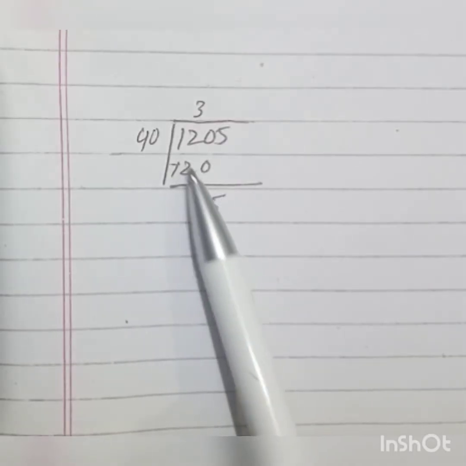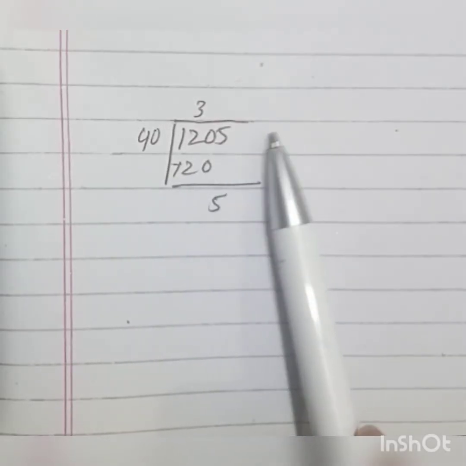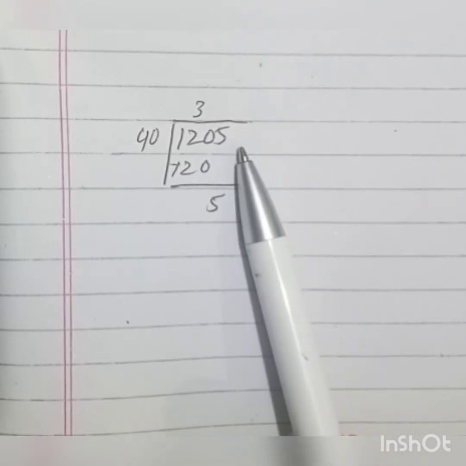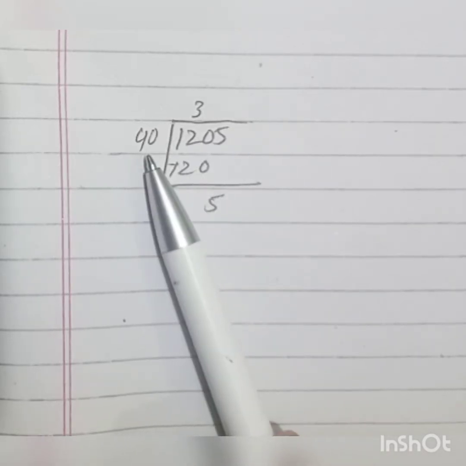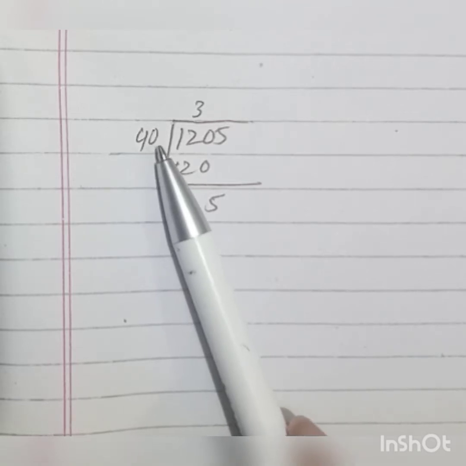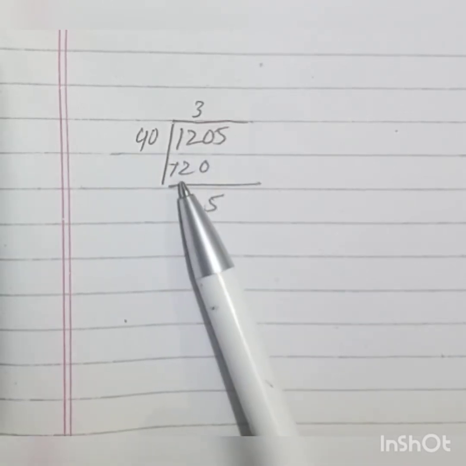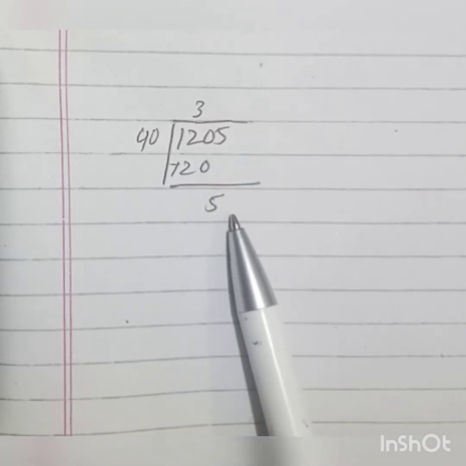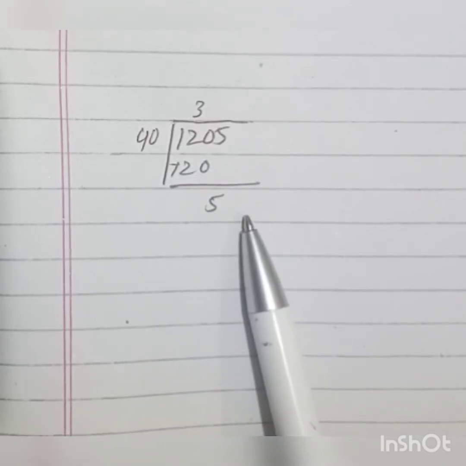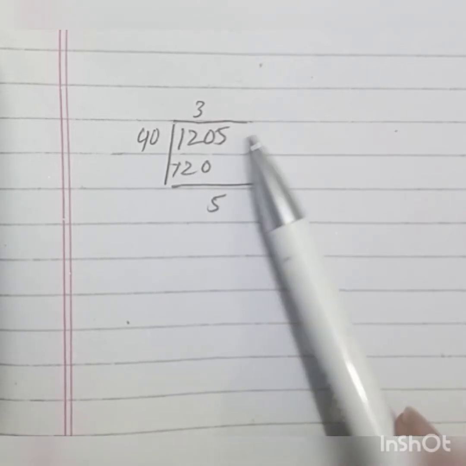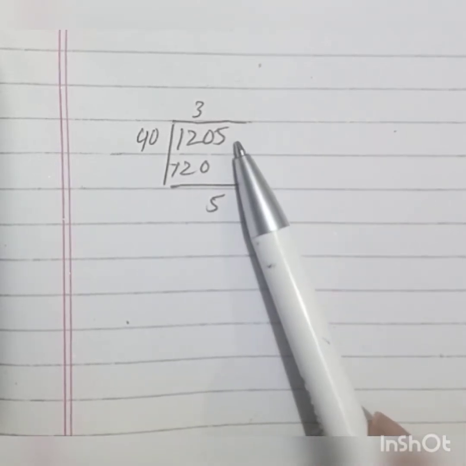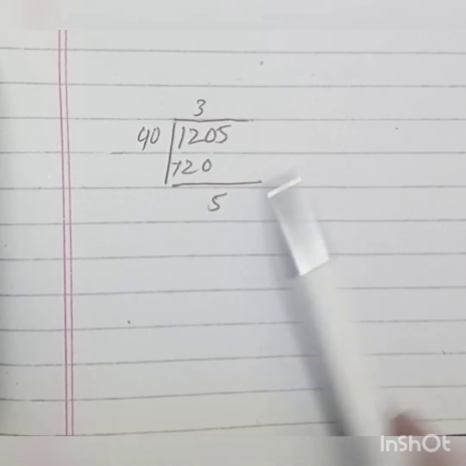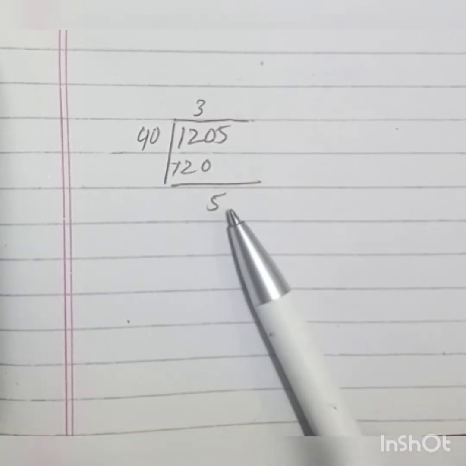Students, as 1205 is the smallest 4-digit number, that is the required answer. So let's see whether it is divisible by 40 and leaves remainder 5 or not. You can see that 30 times 40 is 1200, and after subtracting, the answer is 5, and we can see that here the remainder is 5, which means that 1205 is the required number. Students, you can also check for the numbers 50 and 60, and in that case remainder 5 will also be left.